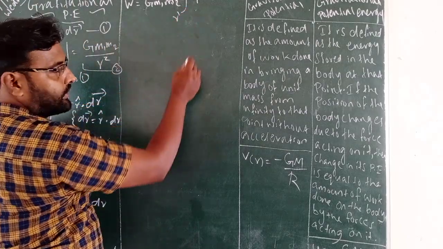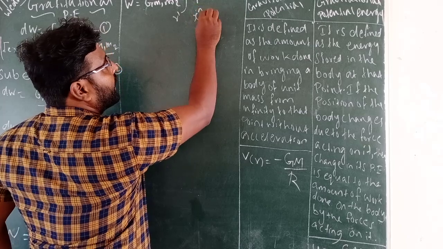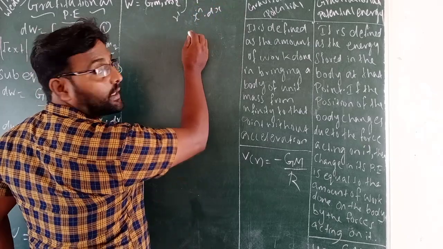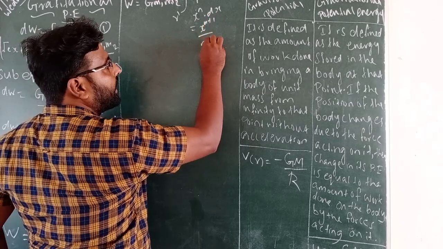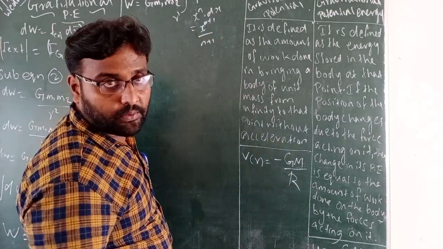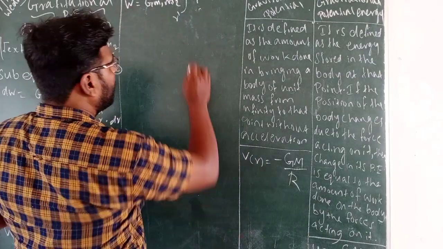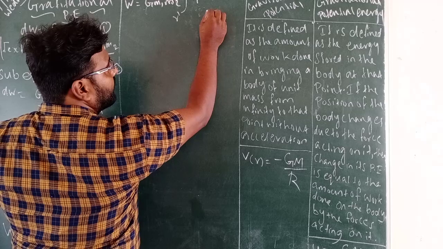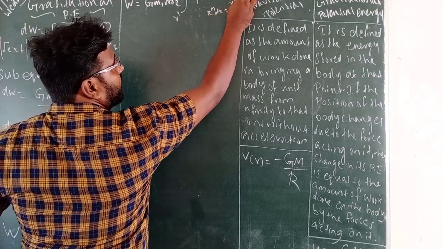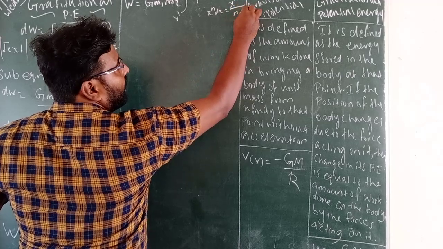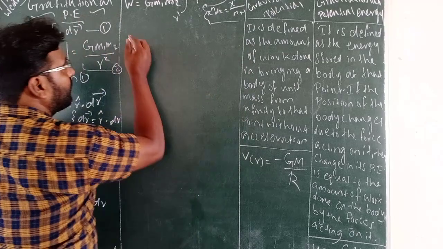Then the solution is, now integrate this. We know that integration. This is in the form x power n dx. X power n dx means x power n plus 1 divided by n plus 1. This is the format. We all know that. So we can use that integration. X power n dx is equal to x power n plus 1 divided by n plus 1. This is the integration form.